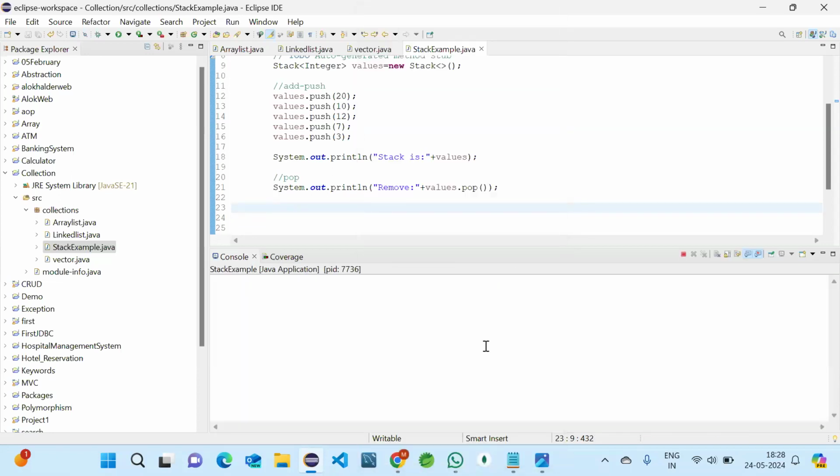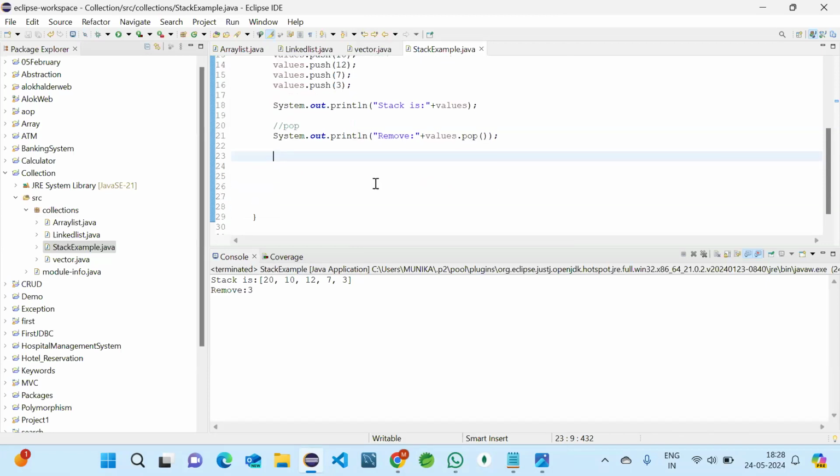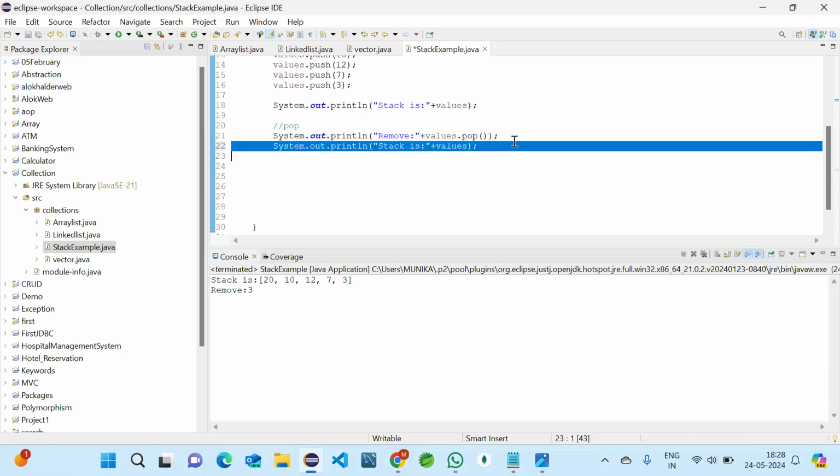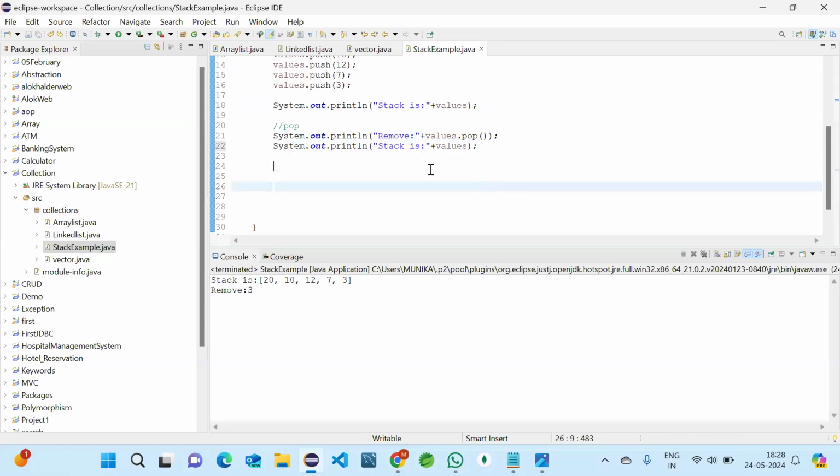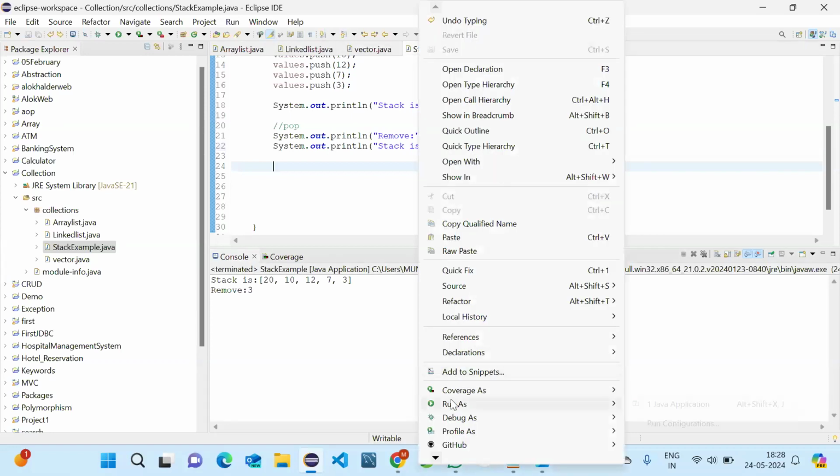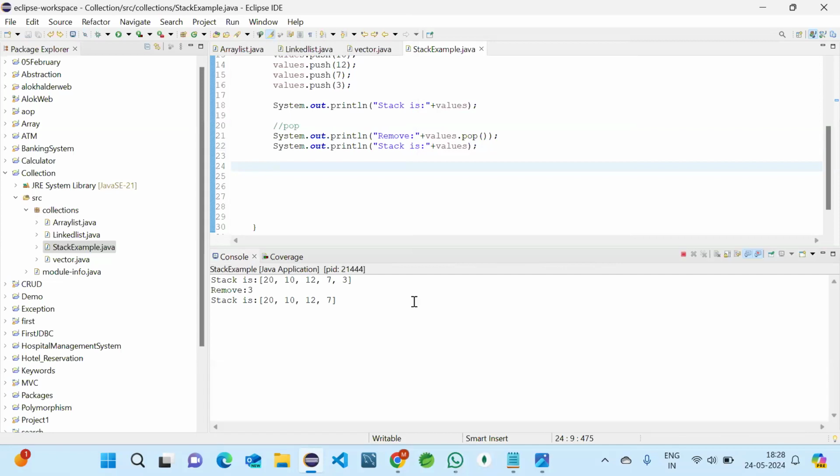So we can see removed 3. We can also print the stack to see what it looks like after removing. See, 3 is removed.